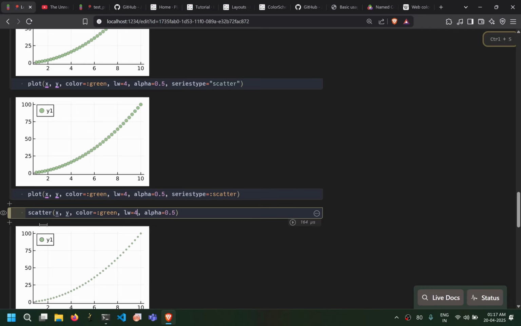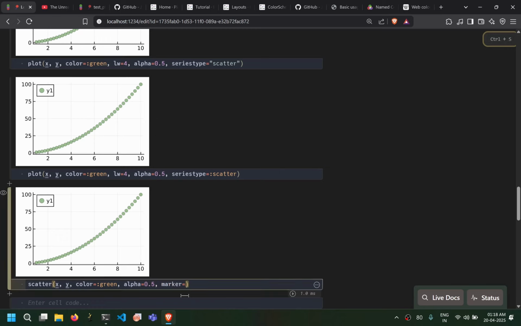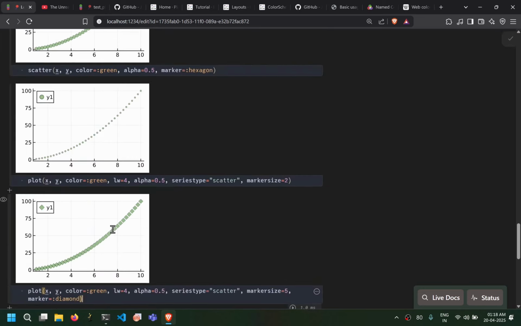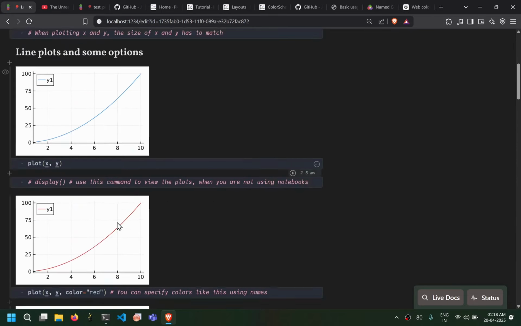Then we don't have to specify this line width and the series type, and you see that this is giving us the same result. So this scatter function can also take marker as a keyword argument. So let me delete these cells. Okay. So far we have seen how to do scatter plots, how to do